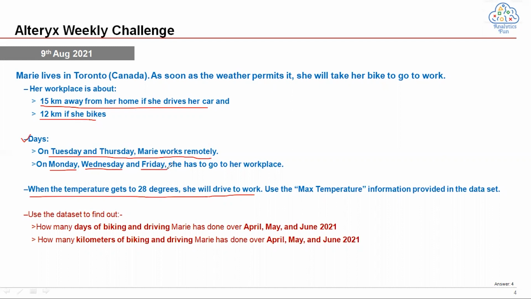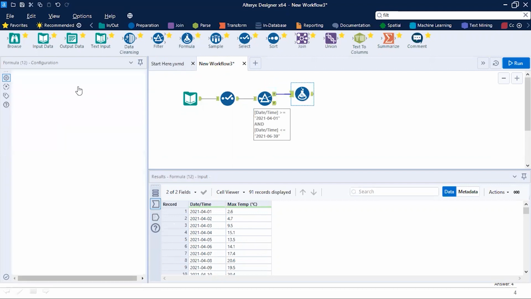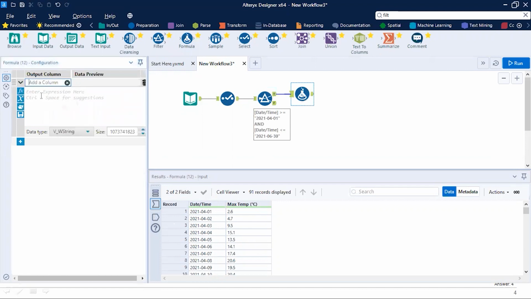So let's go back to Alteryx and implement the filter condition, and then we will use the biking and the driving condition to solve the problem statement. Now I am back on Alteryx, and we need to consider only Monday, Wednesday and Friday. But here in my data set, I have the dates. So how can I extract the weekday or part of that? So we will use the formula tool and connect it to the true anchor over here, and we will create a new column, add column, and we will name the column as say weekday.